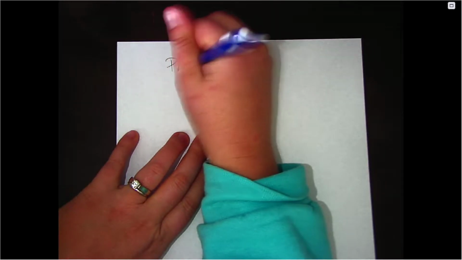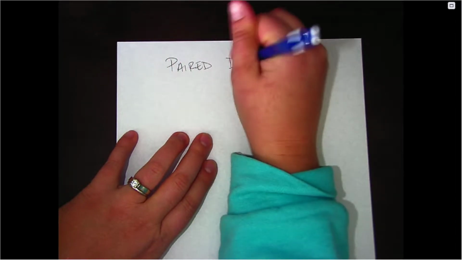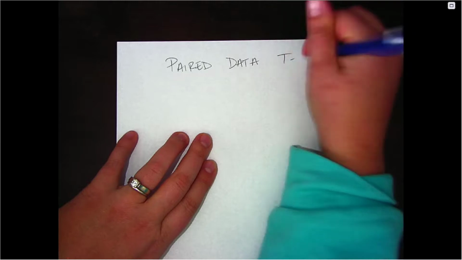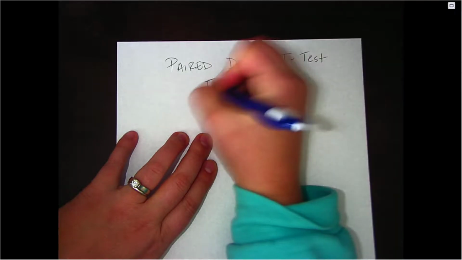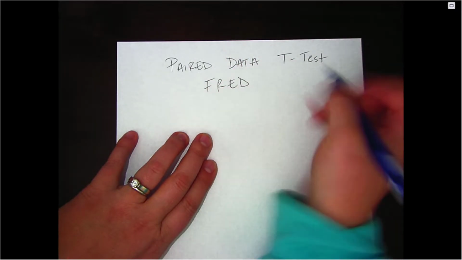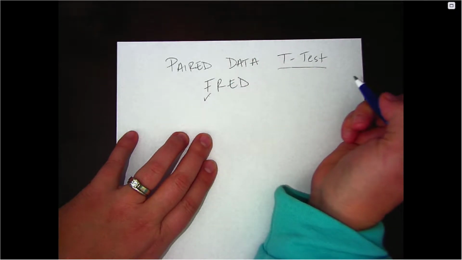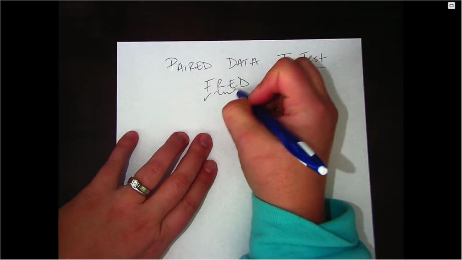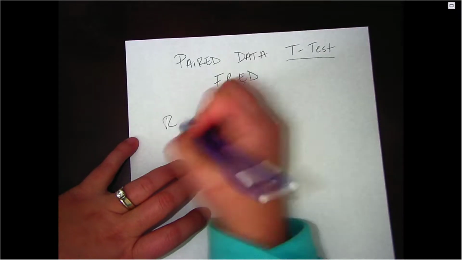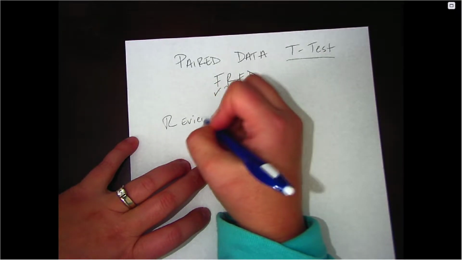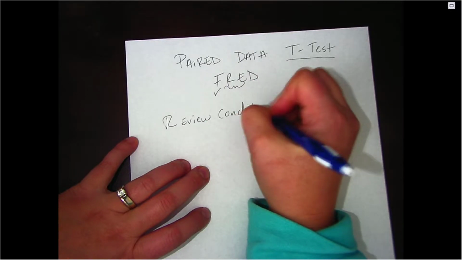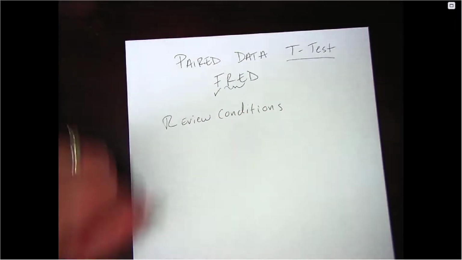Today we are continuing our discussion of paired data, and we're talking about doing a t-test for paired data with the FRED method. In the last few videos we dealt with the F, and today we'll be dealing with the R and the E. So remember that R is reviewing conditions, and this data, as we've talked about in previous videos, is